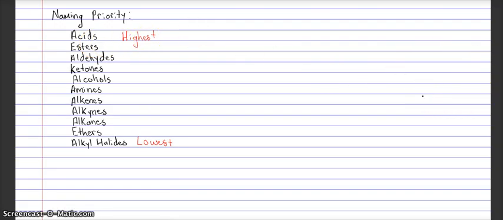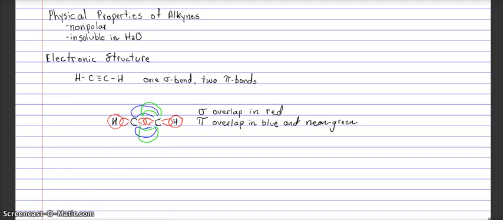So the list of priorities are acids, esters, aldehydes, ketones, alcohols, amines, alkenes, alkynes, alkanes, ethers, and alkyl halides. There's more functional groups than this, but this list gets you through the majority of structures that you'll see for nomenclature. So let's go back and look at alkynes,